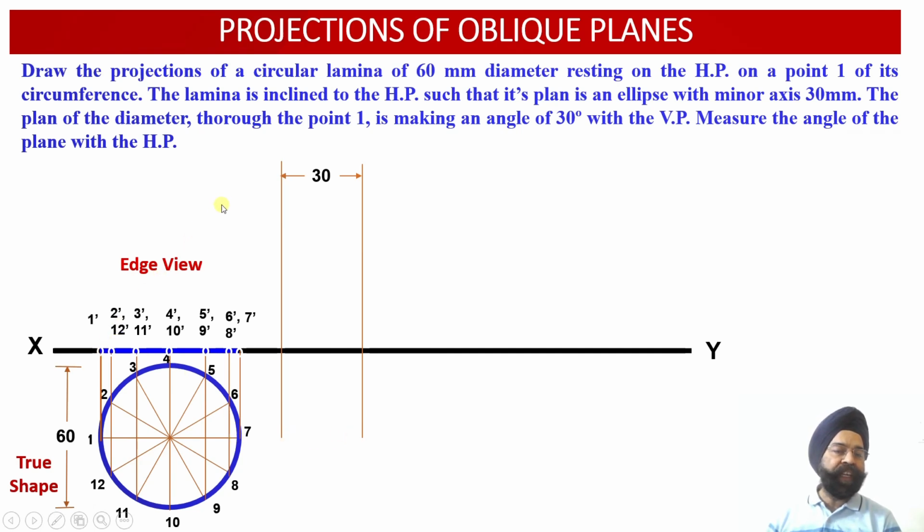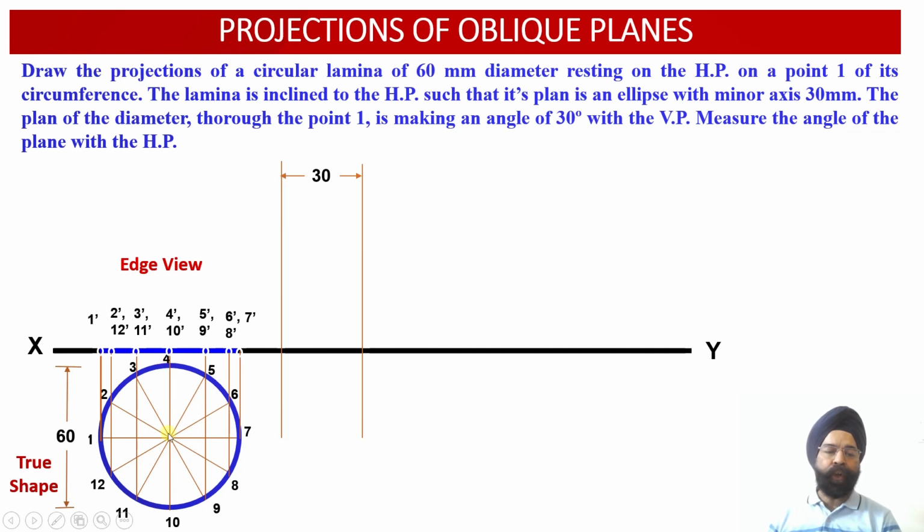The more the angle of inclination, the more will be the reduction in the apparent length of this diagonal over here in the top view projection. So now this reduction has been specified, that is 50% reduction, that is 30 millimeter will be the length of this diagonal 1 7 which will be obtained in the plan projection view over here,